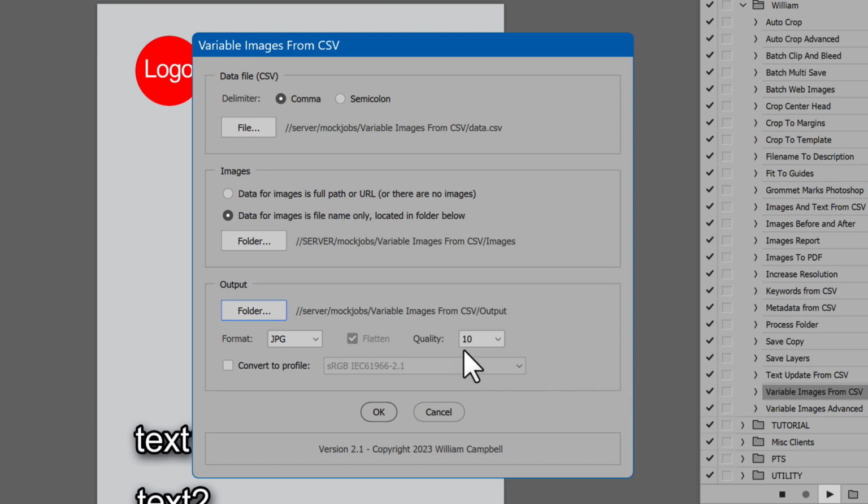Select the file format. Choices are BMP, JPEG, PNG, PSD, or TIFF. Flatten merges all layers to a single background layer. If disabled, layers remain intact, except for BMP and JPEG, which don't support layers. These are always flattened. And PNG only supports a single layer at most. JPEG has the option Quality. This works just like the Photoshop Save dialog. Higher numbers are better quality.